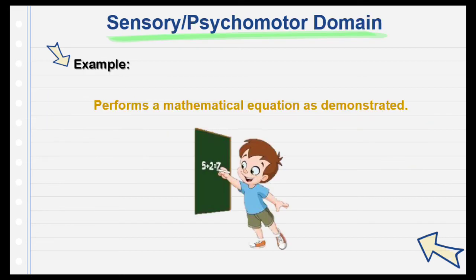Moving on to the last domain, we have the sensory or psychomotor domain. It describes the ability to physically manipulate a tool or instrument like a hand or a hammer. Psychomotor objectives usually focus on change and or development in behavior and or skills. Examples are: performs a mathematical equation as demonstrated,